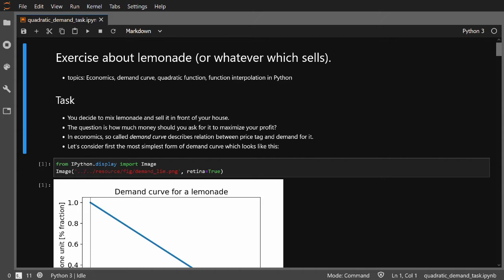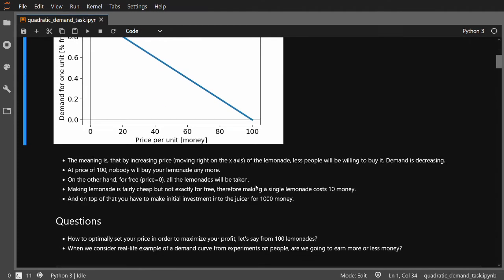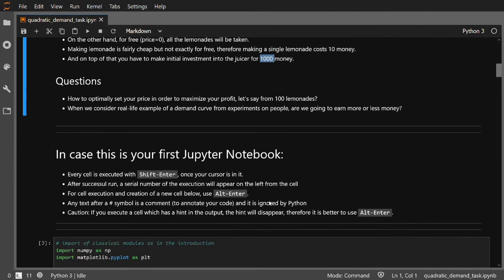In economics, the demand curve describes the relation between the price of the product and people's demand for it. We are going to start with the most simple example of linearly decreasing demand. You increase the price, the demand of people will drop until the price where nobody will buy your product anymore. Then we have some production costs and we have some investments. And the first part of the exercise is how would you optimally set your price in order to maximize your profit